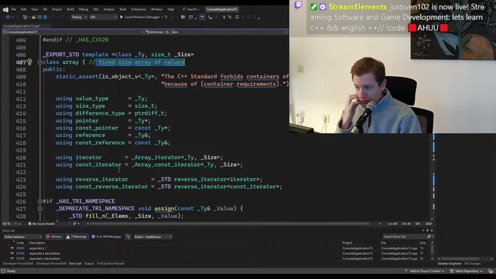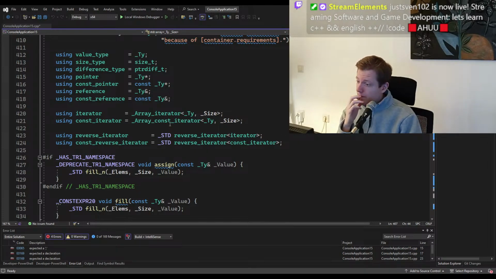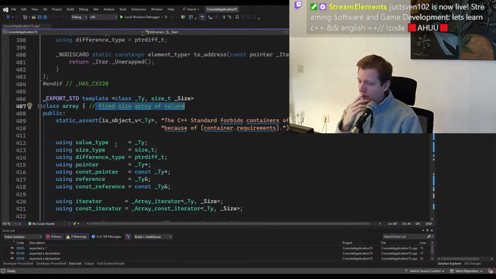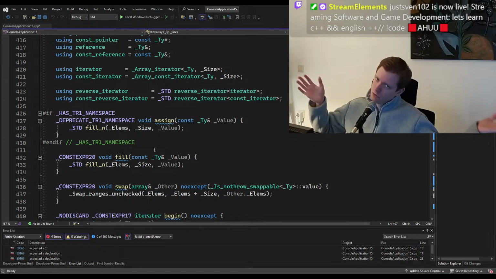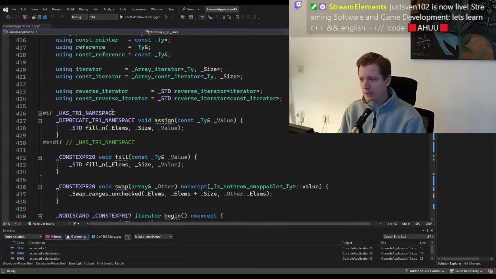And then we have array iterators. Okay. So we will have a fixed size for using that one. So if I do not have a fixed size, I'm going to use the vector or what? What is the reason here? My question is now, when should you use std array and when should you use std vector? Because most of the time, to be honest, I'm always using std vector, but